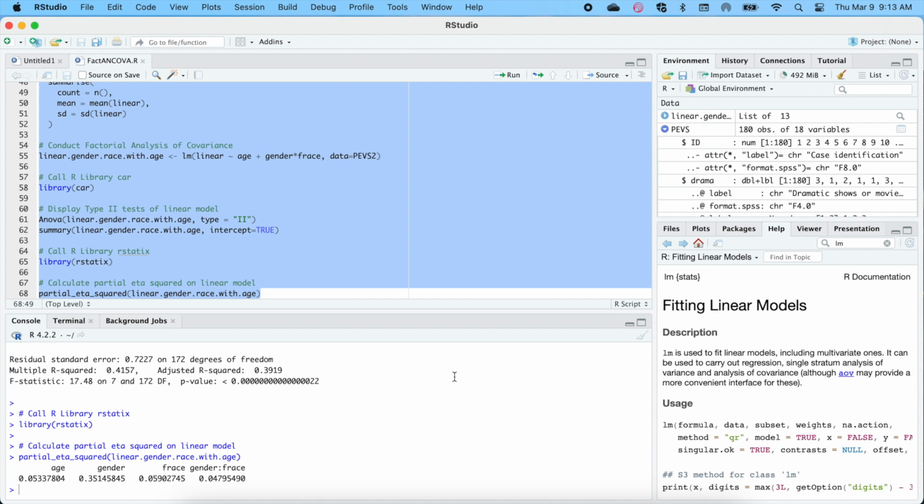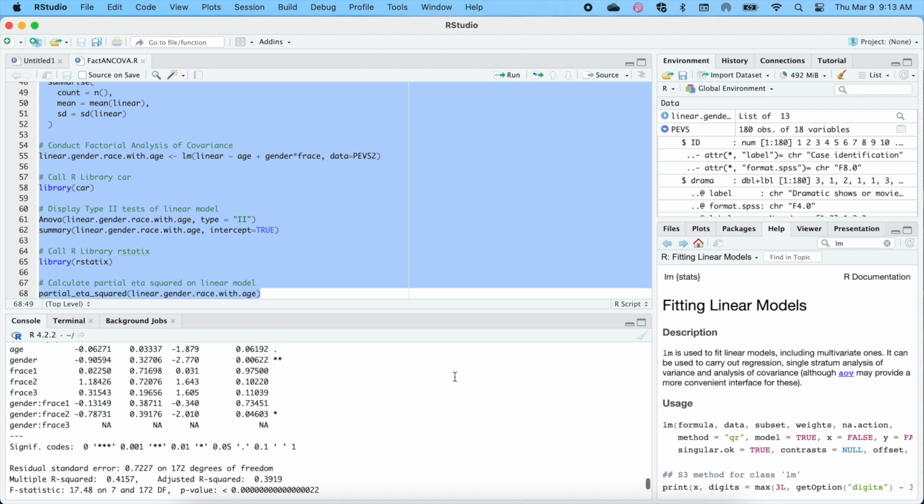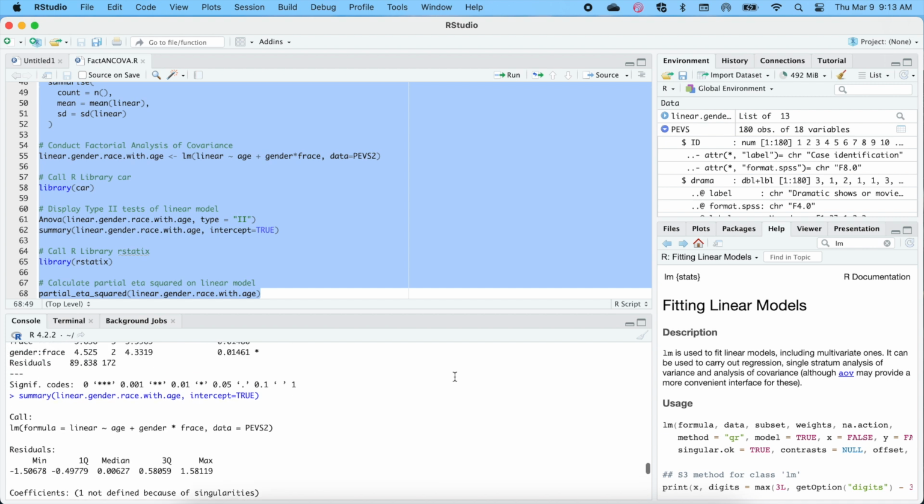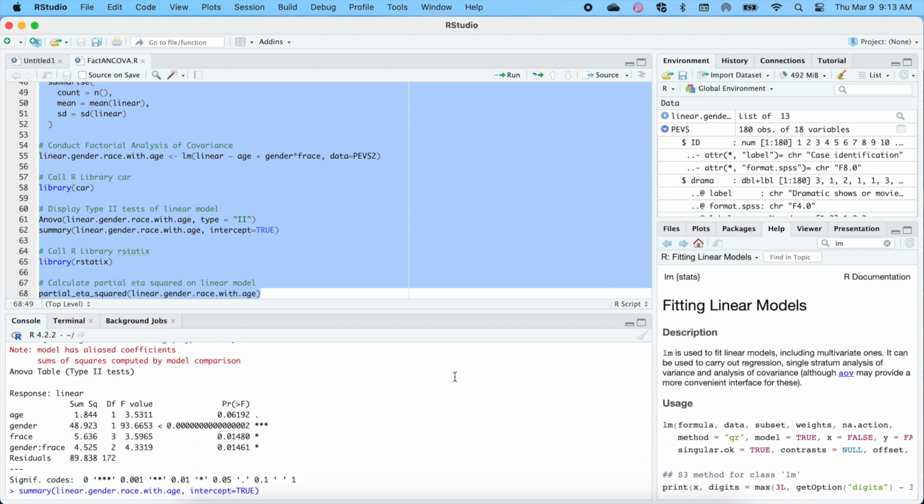As with all statistical tests, the first result to look for is the significance figure associated with the test score. If the significance figure meets your preset criterion, you will need to report your test results in your research paper. You will find those significance figures here. In this test, we have met our significance criterion for the test of the interaction and main effects, but not for the covariance of age.